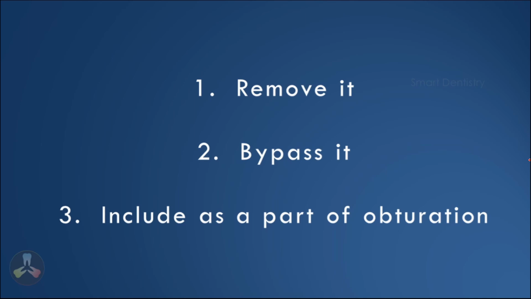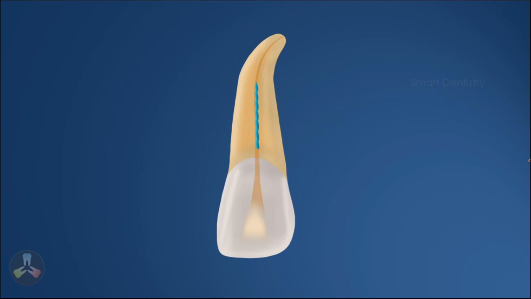So let's see some of the common techniques which can be used to retrieve a file. For example, there is a file fracture. First step is going to be, we have to widen the access cavity till the area where we can see the file tip. If the file had fractured close to the orifice, then this expansion of the access cavity can be done with a bur, or if it is a little deep, then we can use Gates Glidden drill in order to widen the root canal. Once it is done, we can attempt to push a small file, preferably a 10 or a 15 size file,